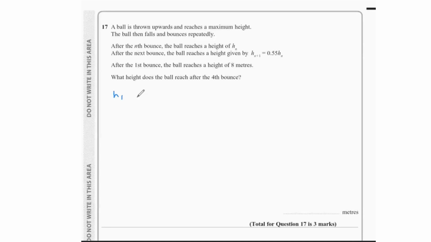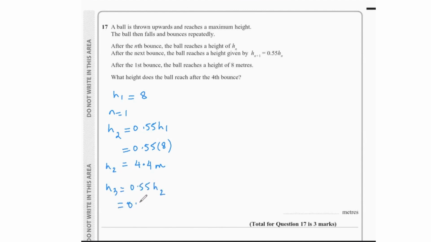So basically, h1 is 8. So if h1 is 8, when n equals 1, over here it's going to be h2 equals 0.55 times h1, which is 0.55 times 8, and that is going to give us 4.4 meters. Now we can use this to find h3, which is going to be 0.55 times h2. So 0.55 times 4.4, that is going to give us